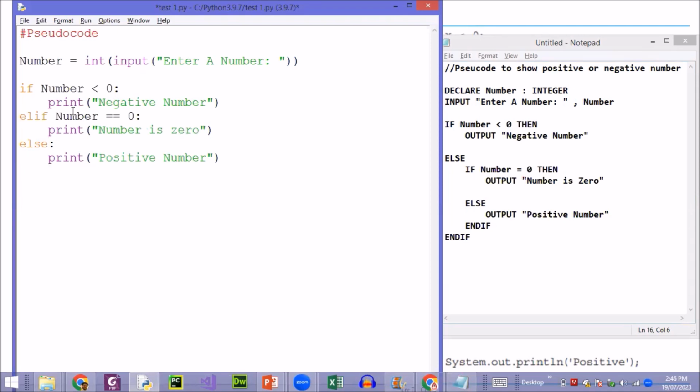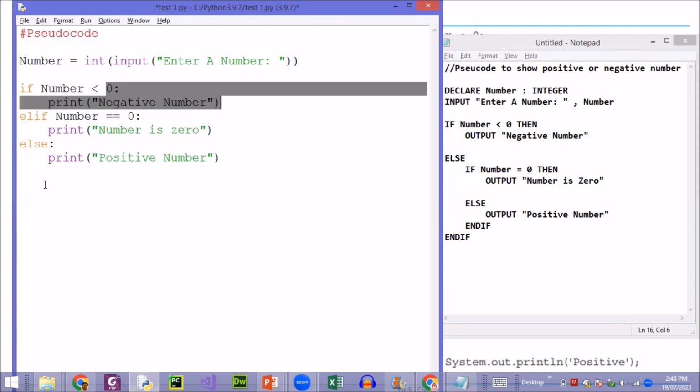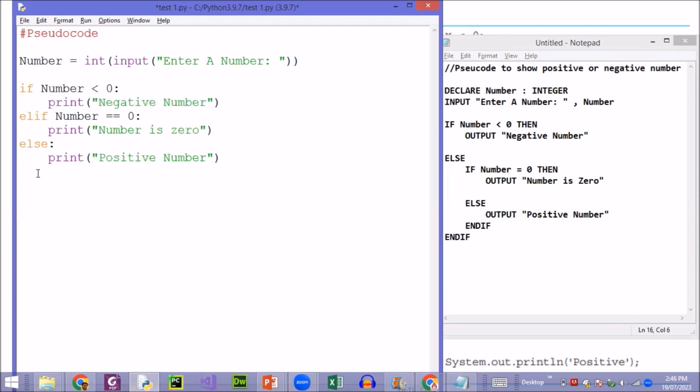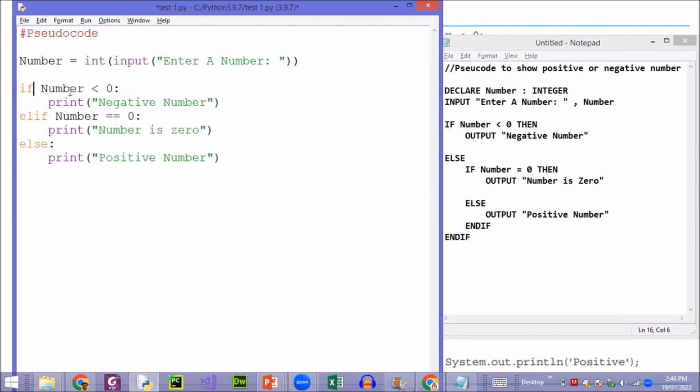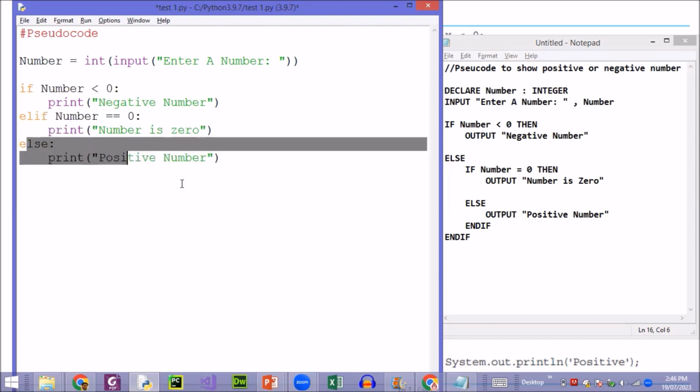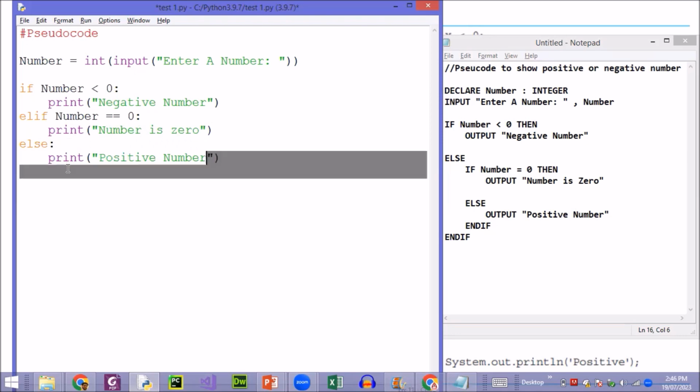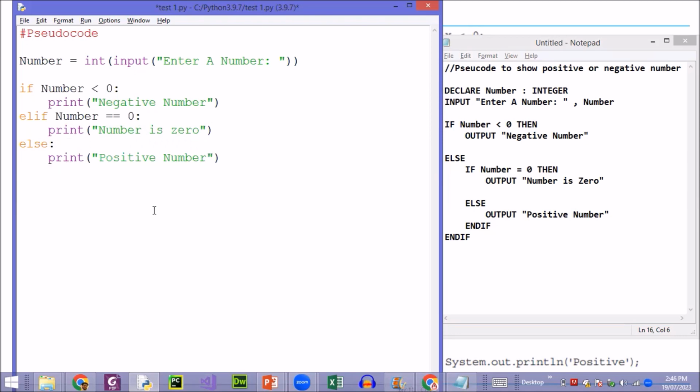if condition. So if this number is less than 0, it's going to output this result and it will jump to the end of the if condition. If this condition is not correct, it will check this condition according to elif, or you can say else if, and then it will jump to the end of the if condition. If this is not correct, and this is also not correct, it will directly go to else and output the result, and here it will end the condition. Now, if we run this,